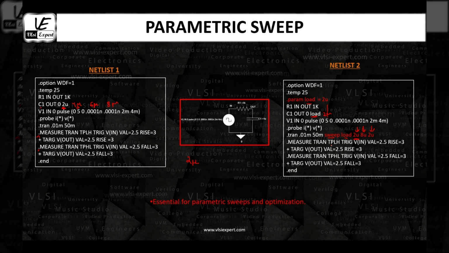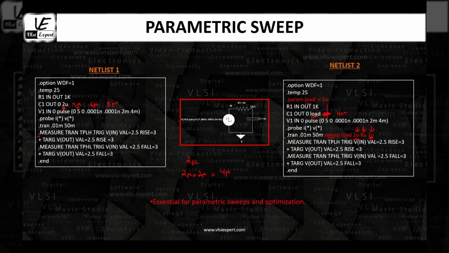Okay, then what will it do further? Since you are saying increase by a step size of 2 micron, to 2 micron it will add 2 micron, and you will get 4 micron, right? Now the value of the load, which was earlier 2 micron, will automatically become 4 micron. And HSpice will now run the simulation with the load value 4 micron. It will calculate the values using this .measure statement, and it will store those values.